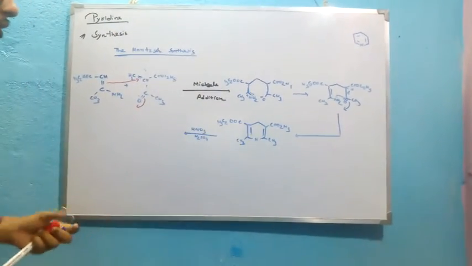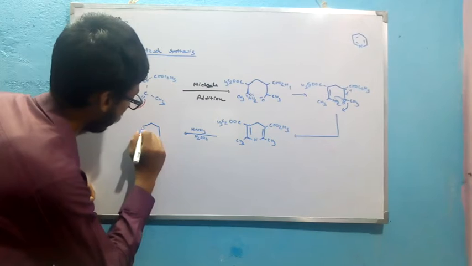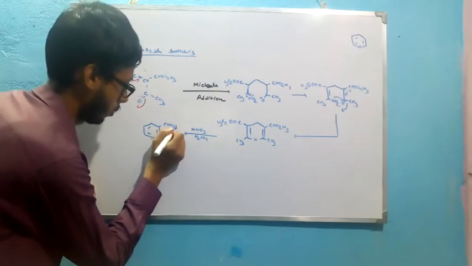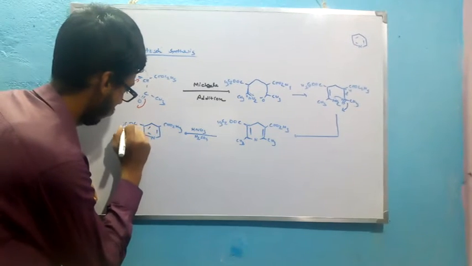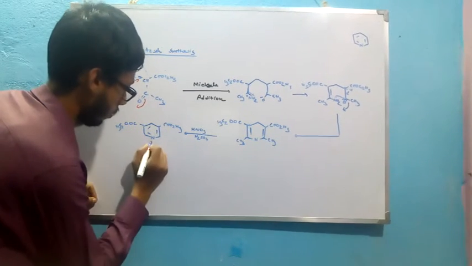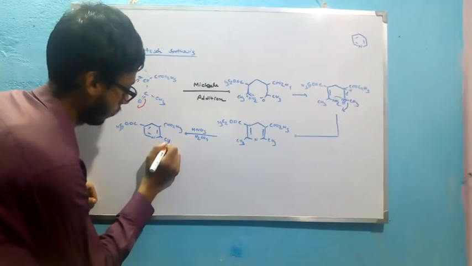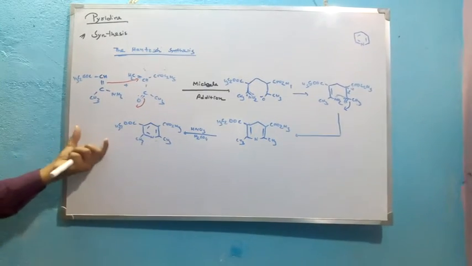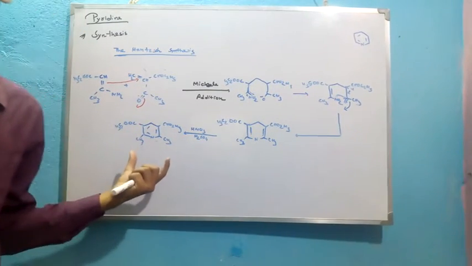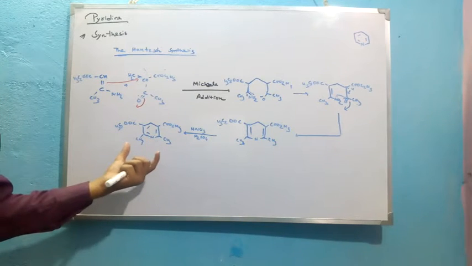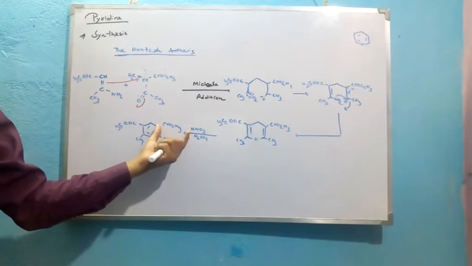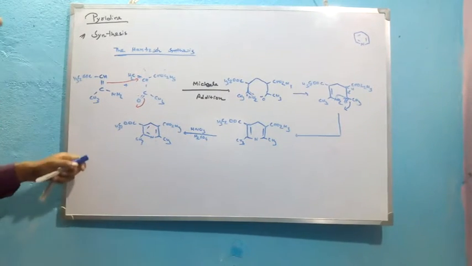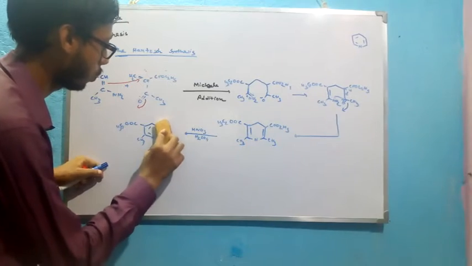So nitric acid and H2SO4 produce the pyridine, and further hydrolysis produces the acid, and this acid on decarboxylation produces the final compound,